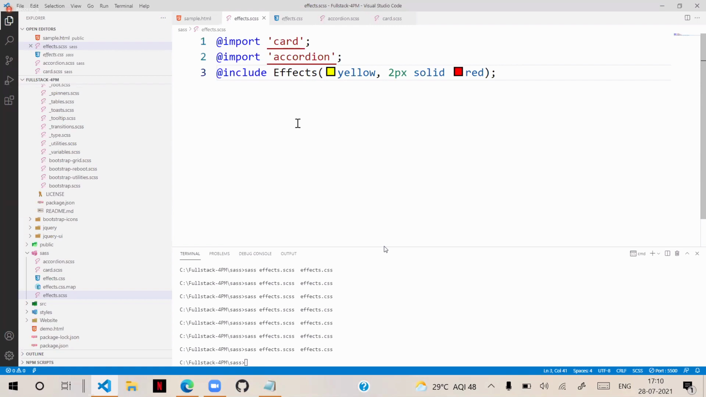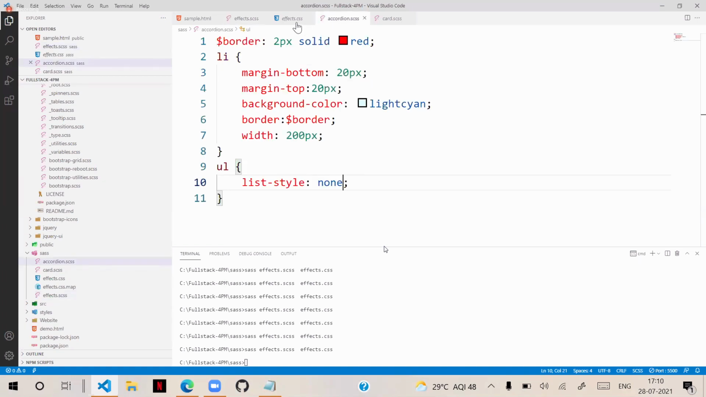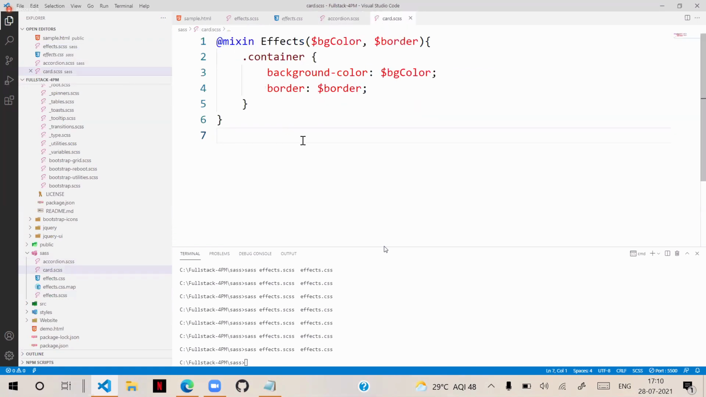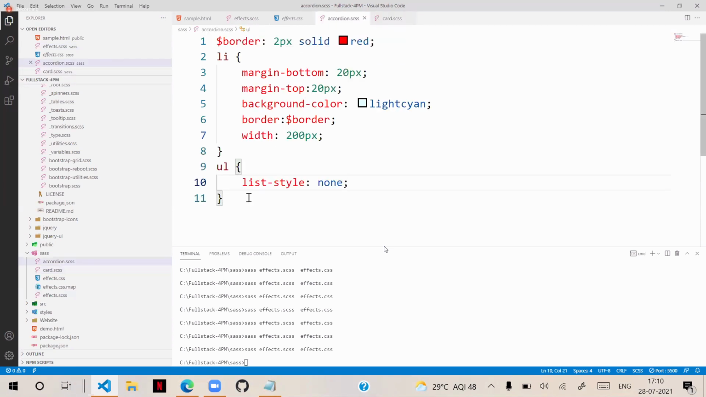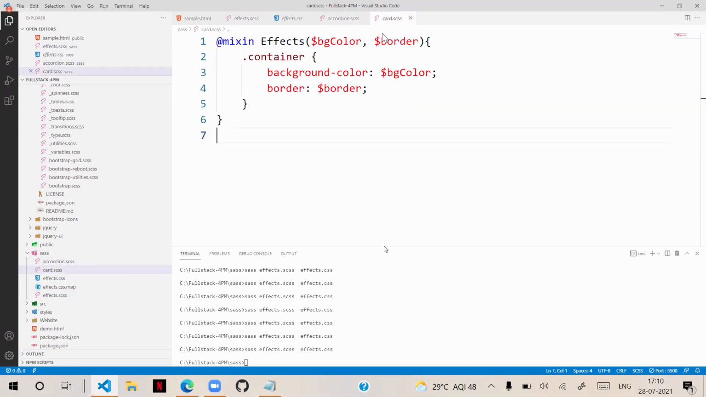You also have functions. That means, for example, I want to write a function. So how can we write functions? What is the difference between a mixin and a function? The difference is quite simple. In a mixin, what happens? It is void. It will not return anything. In a function,